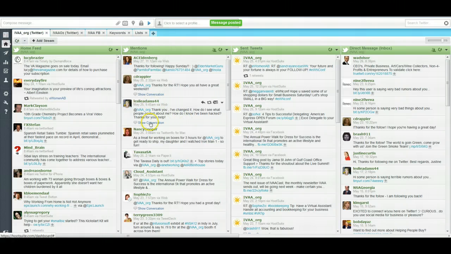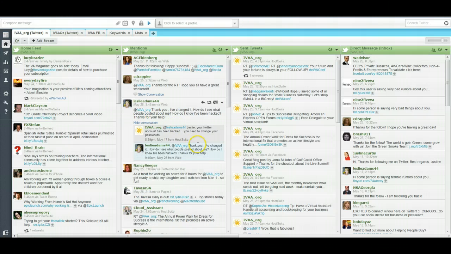So Leslie Adams has said something back: How do I see what people have posted about me? How do I know I've been hacked? Okay, so what had happened is about a week ago I'd put a note to her. She'd actually been hacked, and I could tell she had, because in our direct messages over here it had something very similar to this: Hey, this user's saying bad rumors about you. These are always phishing and hacking schemes, and you never ever want to open them up. You just want to delete the messages, if it'll let me do that,